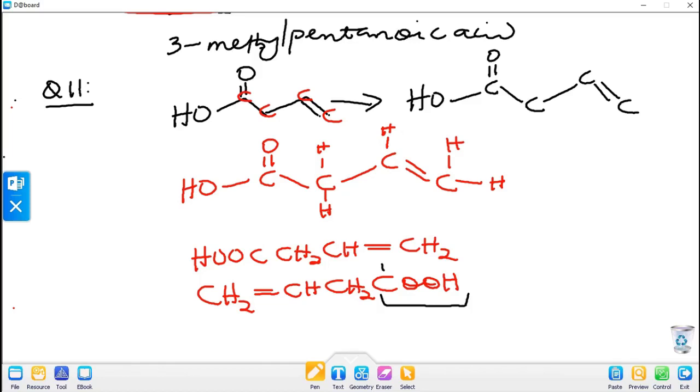So we'll begin our counting from the COOH. 1, 2, 3, and then 4. So it means our COOH will end the name of this chain, and then the double bond also will be recognized. Now our double bond falls between carbon 3 and carbon 4. So since the double bond falls between carbon 3 and carbon 4, the name of that compound will be